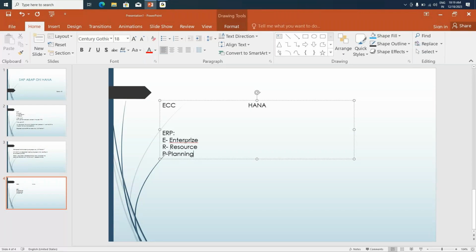Enterprise is nothing but our business company, which is called an enterprise. Resource means all the resources that are there in the company. For example, a resource could be either human or non-human. A machine can be a resource. The raw materials that you procure are also called a resource. The actual people who work on those machines are also called a resource. Everything that a business uses to produce the end product is called a resource. Then there is the planning. In general, this means planning the resources in an efficient and optimal way to improve the business process, which is enterprise resource planning, or ERP. Simple.